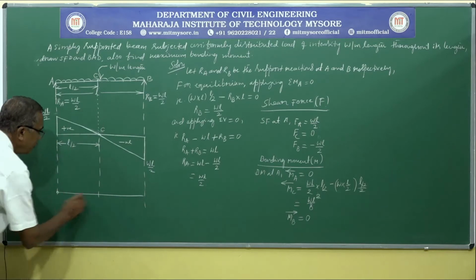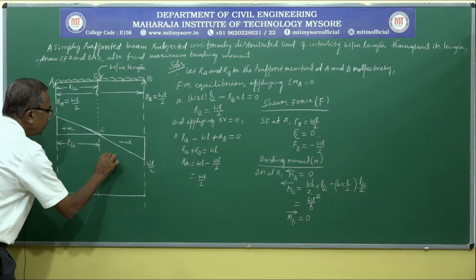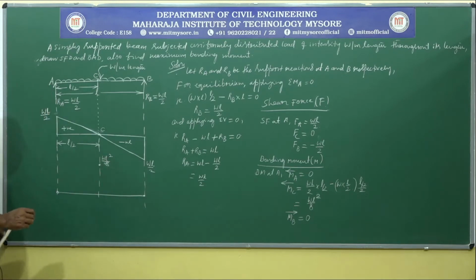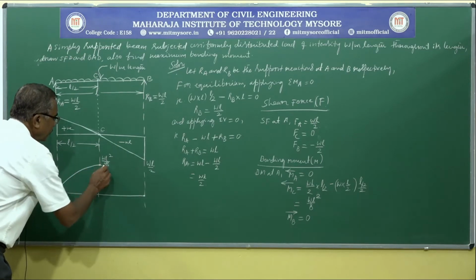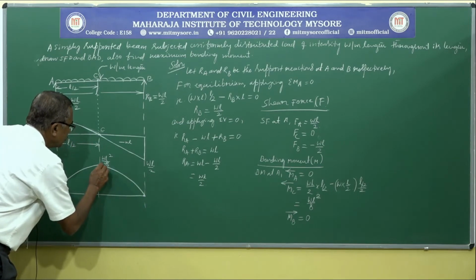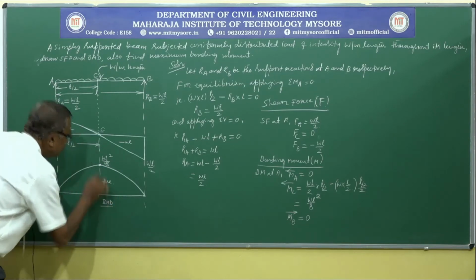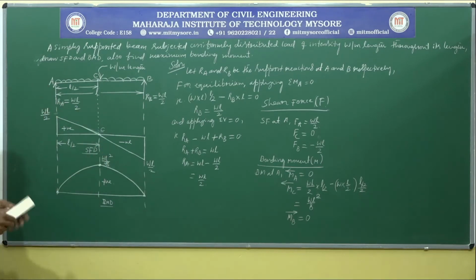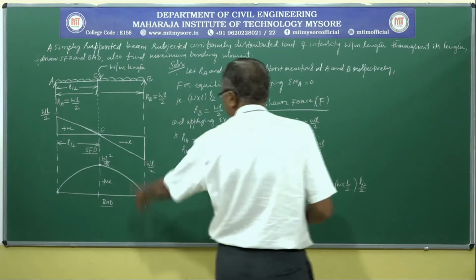Bending moment at point A is 0, bending moment at point B is 0, and bending moment at point C is WL square by 8. So the beam is subjected to a uniformly distributed load, hence the bending moment diagram is a parabola throughout. Like this we can draw SFD and BMD, and we can observe here the maximum bending moment occurs at